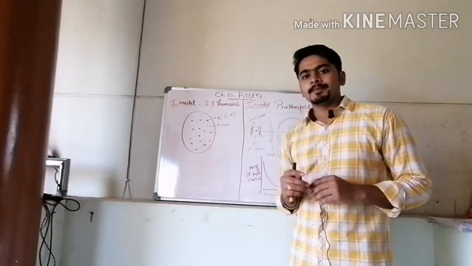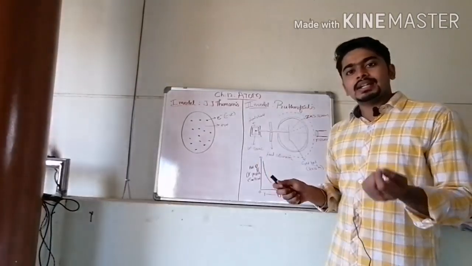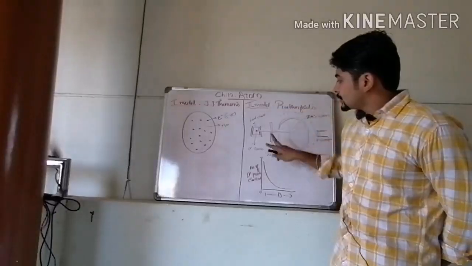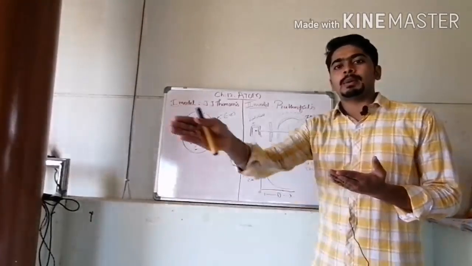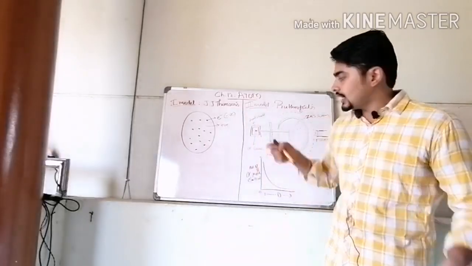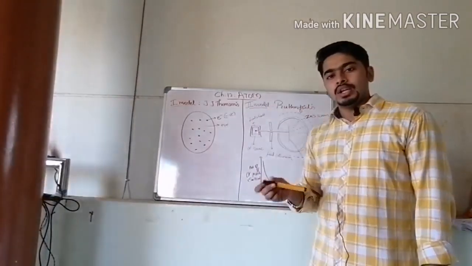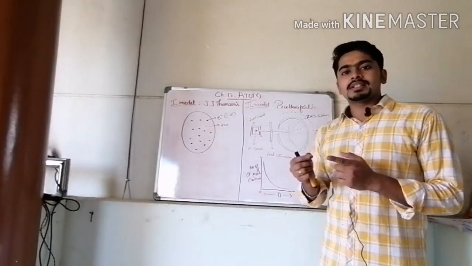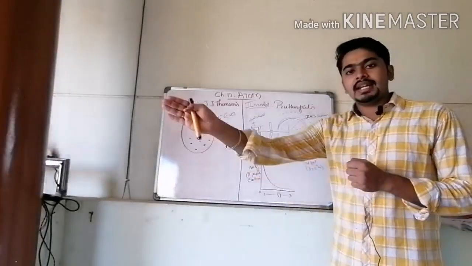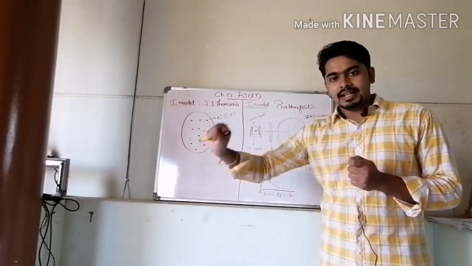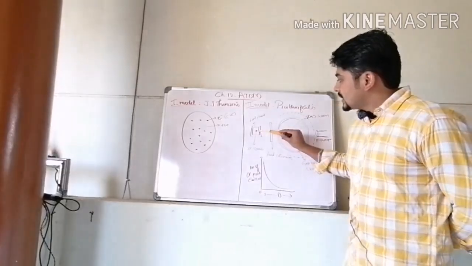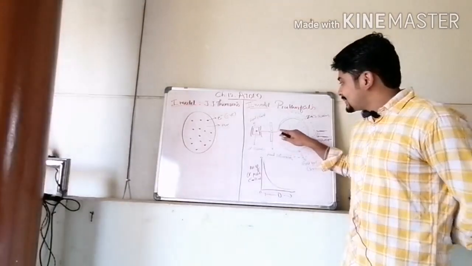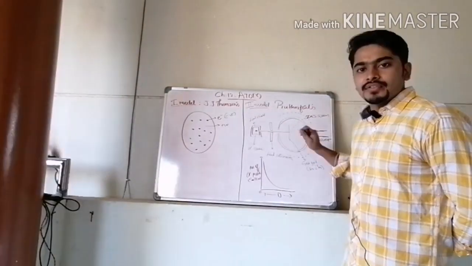Alpha particles may scatter. So to avoid that, and to get a collimated single-line beam of alpha particles, what did he use? He used collimators in the direction of propagation, in the direction of motion of the alpha particle. He placed two lead collimators, through which the alpha particles started moving in a single line. So what happens next? That collimated alpha particle source is made to fall on the gold foil.